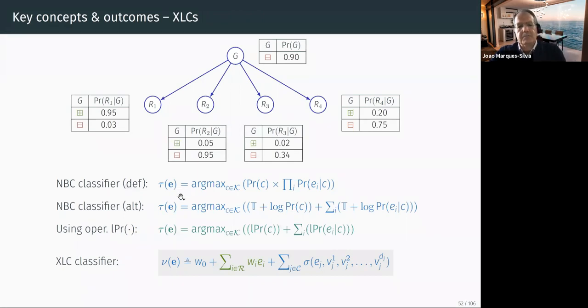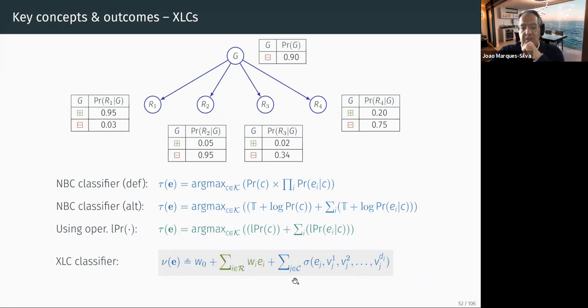So again, this is the standard definition. This is what we did, and this is where we are. What we are going to show you is how we go from this, which looks difficult to analyze, to something which, I'm going to show you, is much easier to analyze. So it's a summation. This is for real valued features, in case I have a linear classifier. In this case, I'm not going to pay attention to this part.